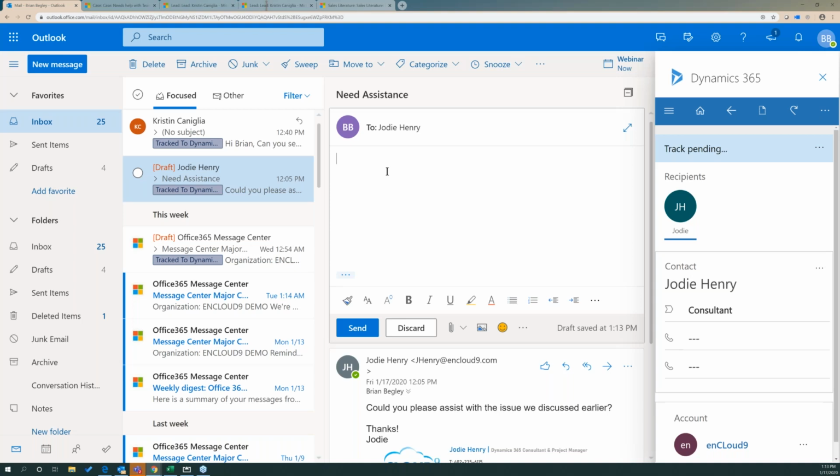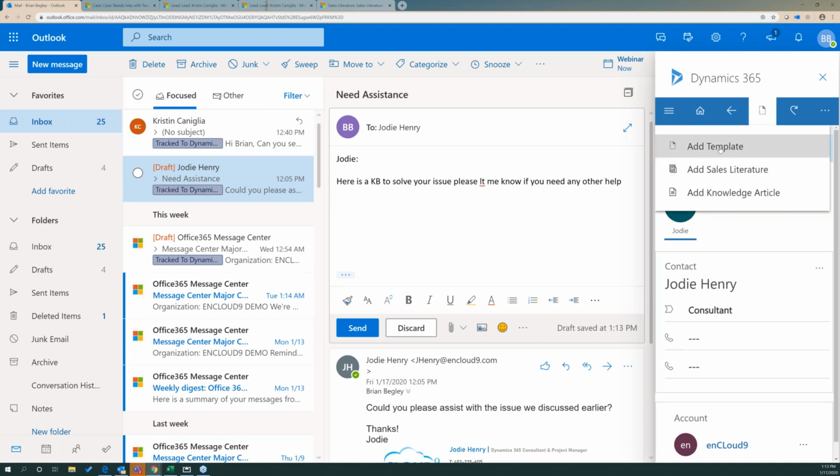So I'm going to say, Jody, here is a KB to solve your issue. Please. And I am not going to fix all my spelling errors here. So I want to insert a knowledge base article on the topic that Jody has asked about. So I could also, once again, click on this icon here in the Dynamics 365 app, and I can add